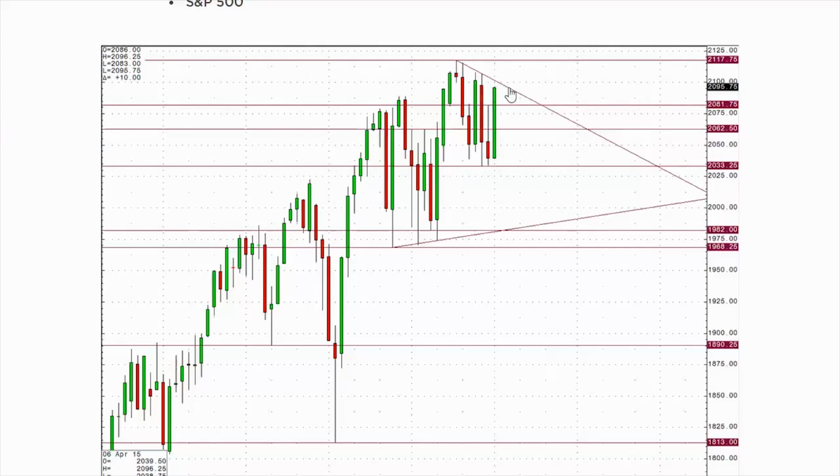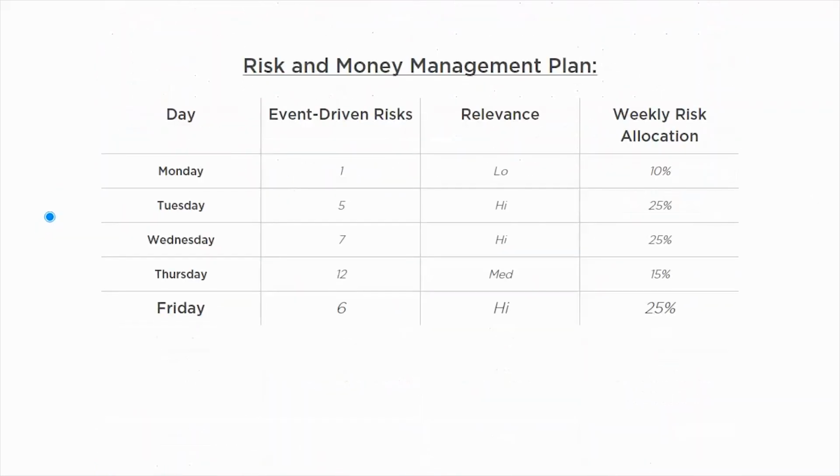And obviously the European markets are looking as bullish as ever. So there's no real reason to be selling this unless you're looking for a good risk reward sell at this trend line. But once we get through that and close, this should theoretically be testing here and maybe even breaking to all-time highs. So just from a risk and money management plan perspective,